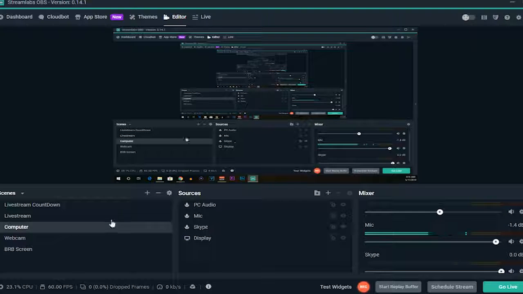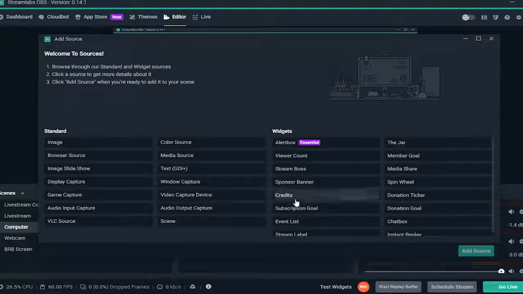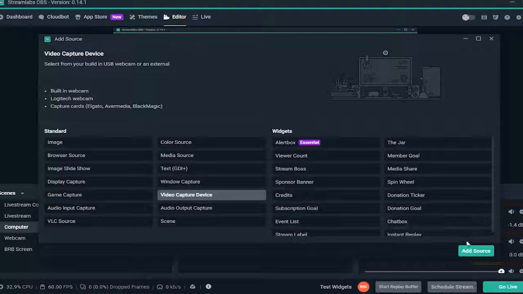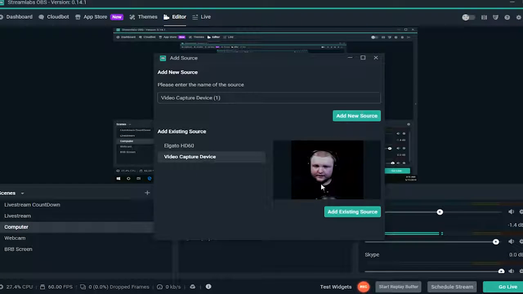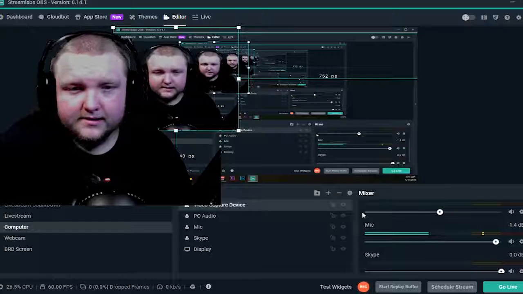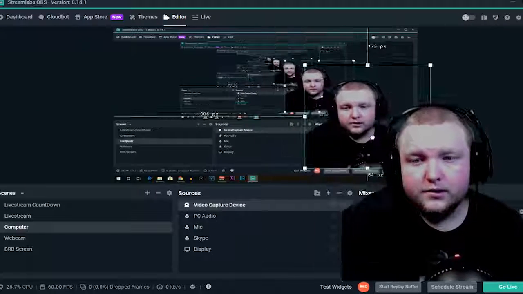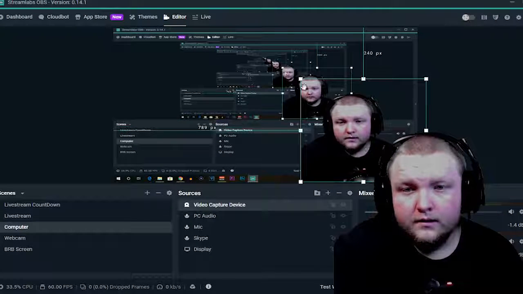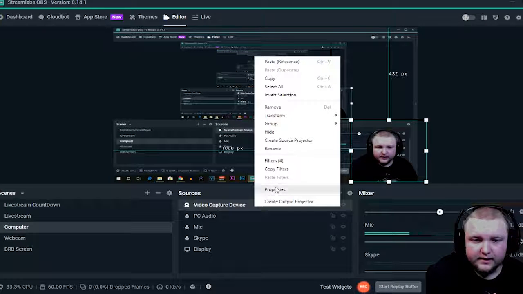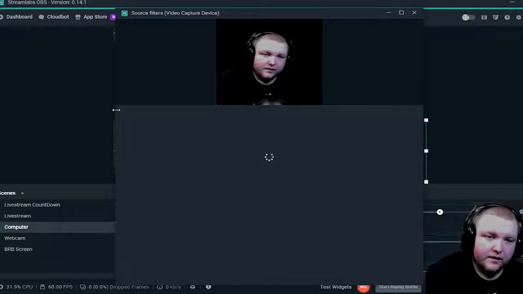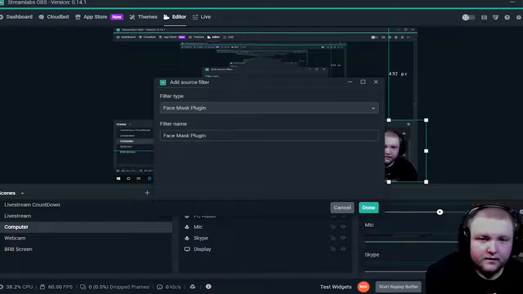So what you want to do is go into your scenes, click on the new source, go to video capture, add new source. If you have to make a new source, go ahead and do that. I already have one, so I'm just going to add existing source. Just drag it down, make it a little bit smaller, and to add a green screen effect, go to filters, go to add, and